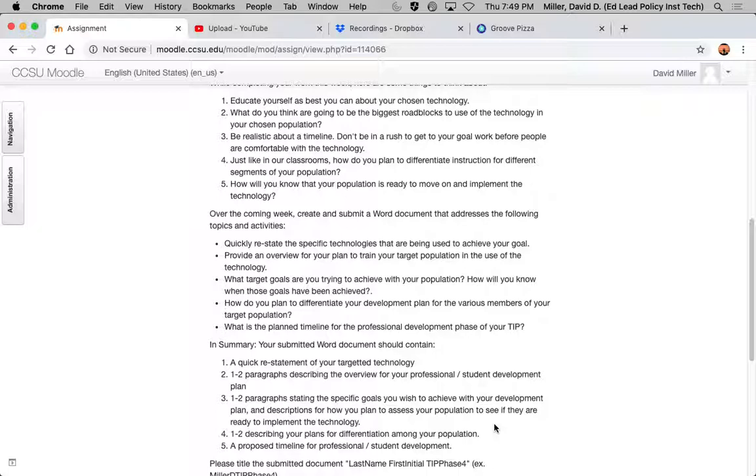As I said, you are then going to be pulling pieces of each of those out, and I'll have a template for you to use, and you'll be putting that information into a unified template that will then give you your actual technology integration plan. There will be a couple of little pieces left that aren't covered by these phases, but they're relatively small.